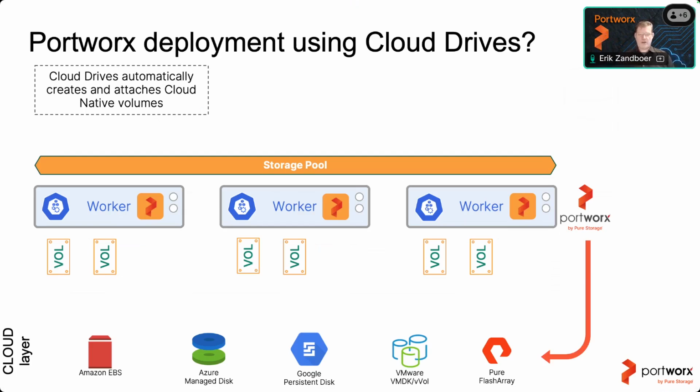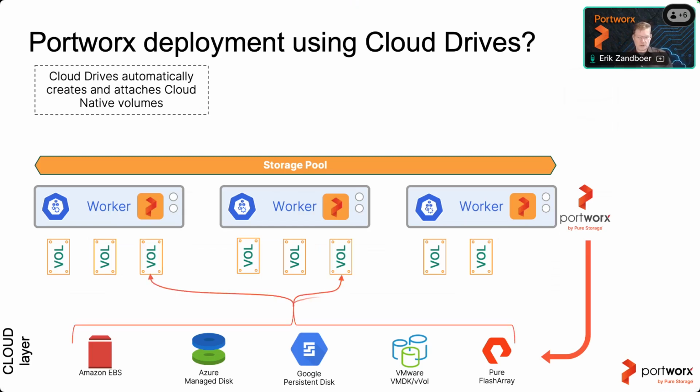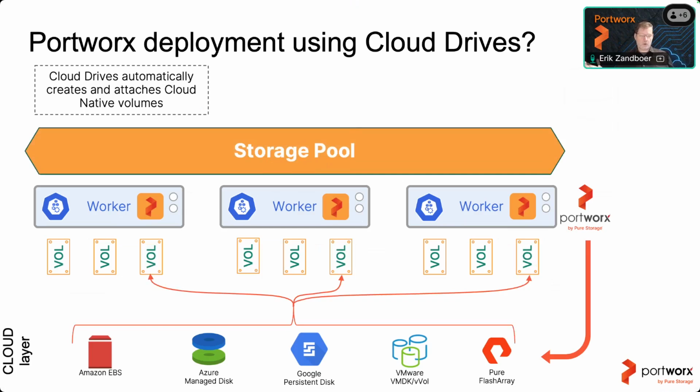You can also do it for VMware. So in case you're running OpenShift on top of VMware, for example, you could do the same. Or if it's backed by a Pure FlashArray, we can talk down to the Pure FlashArray and say, hey, carve out a new volume, surface it up into the worker node, or into a new worker node, or carve out a number of volumes, mount that into the worker nodes, and then automatically it will grow the storage pool.